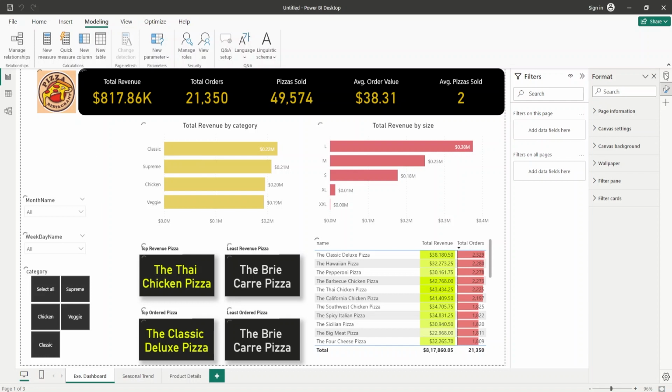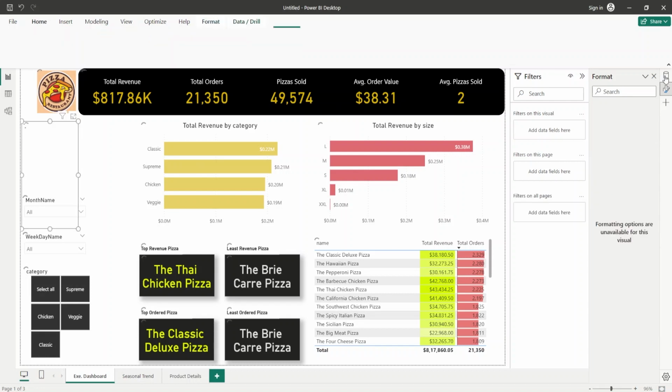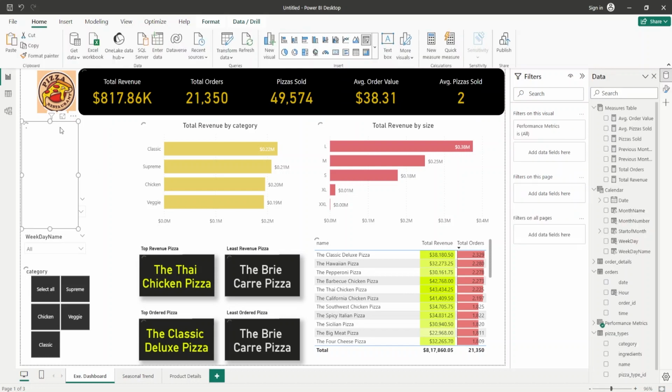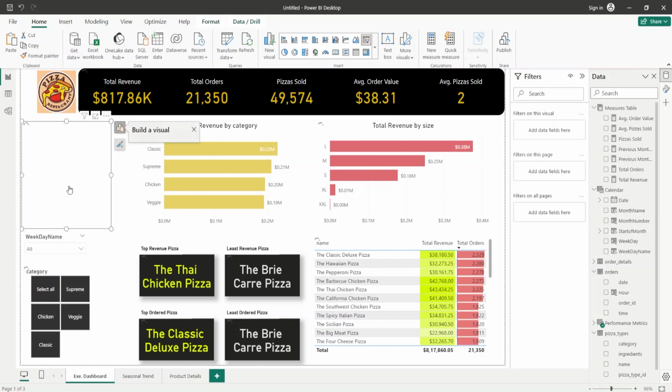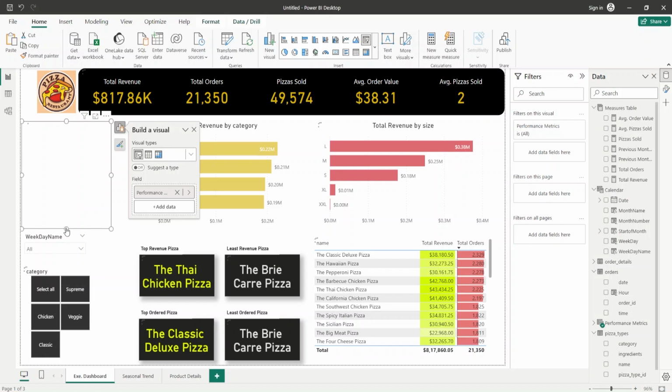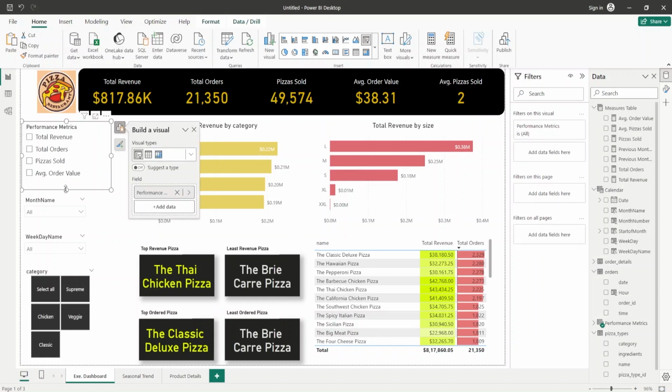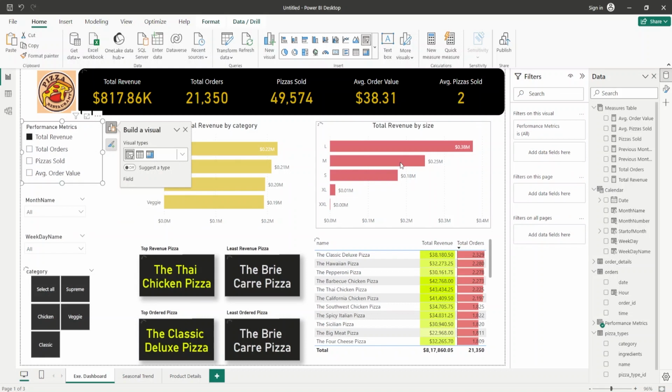So now if you come on the data of our data set, first of all you can see that a slicer has been created for our parameters. This is our performance metric slicer,